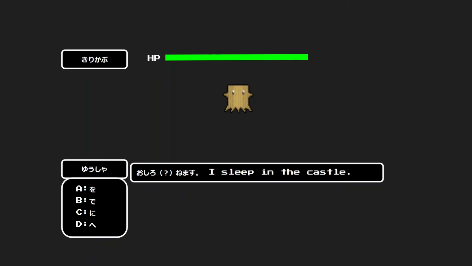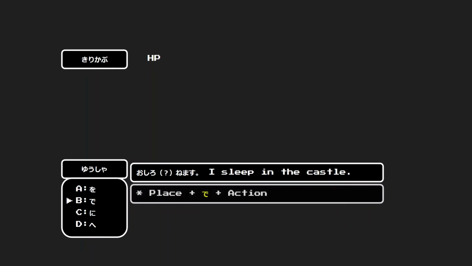Now, monster 切り株, a tree stump. The sentence is お城寝ます。I sleep in the castle. In this sentence, which particle do you have to use? The answer is で. お城で寝ます。This is because we have place and action. You have to use the particle で. In the castle, place. Action, I sleep. お城で寝ます。